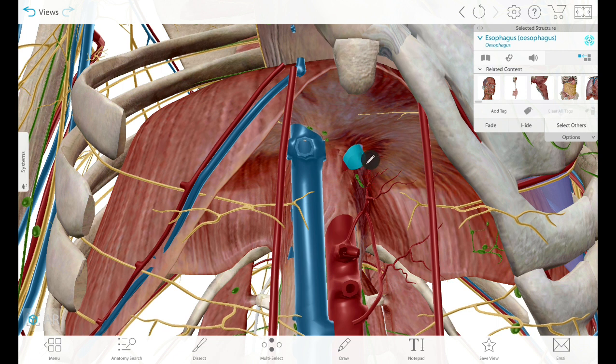Now suppose a blood vessel is to supply the esophagus, then it is logical that it must be passing very close to the esophagus, and in order to pass very close to the esophagus, it must be passing through the same aperture through which the esophagus passes, that is the esophageal opening. And one of the vessels supplying the esophagus is the esophageal branch of left gastric